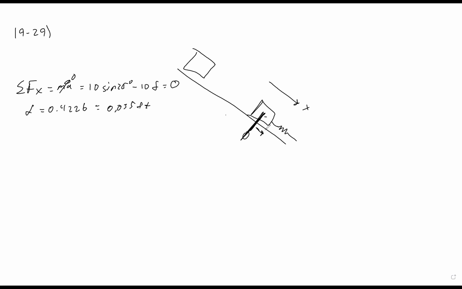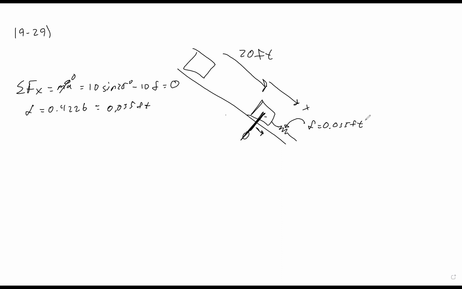So that means distance d is 20 feet, like they say. But box B's position is already at this compressed position. So this is not adding the 0.035 feet to distance d. It's not making it 20.035 feet. We know box B is sitting and waiting to get hit by A. And the problem tells us that box A is going to go 20 feet. What's important is that we know that this spring is already compressed